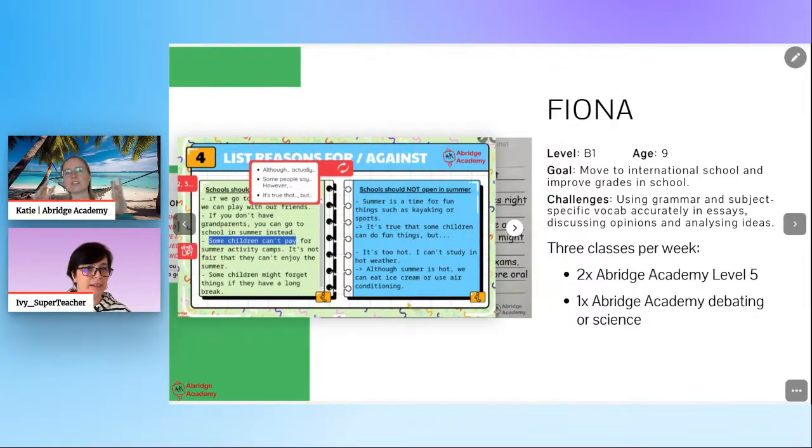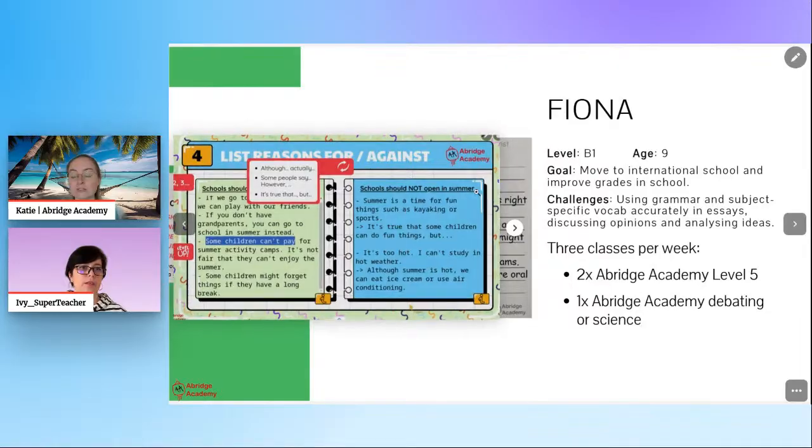I felt like to warm her up at the beginning of the lesson, we do still want that speaking practice, and it's still important for her to be able to discuss and share her ideas, but then it's moving into the more formal writing side. That's been a big tweak, I guess, that I've made to the lessons in terms of how I teach her.